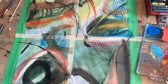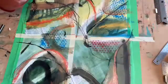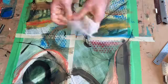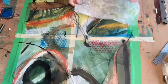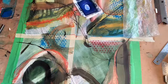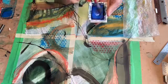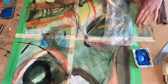Okay, one of the last things I would like to do is show you what you can do with wax paper. So you can take some wax paper, crinkle it up. You can use some watercolor here. I'm going to use this blue, and gonna get pretty watery, and I'm going to paint on the crinkled up